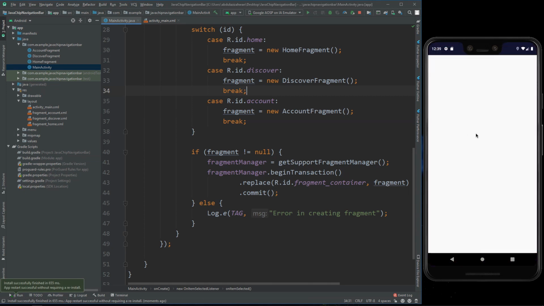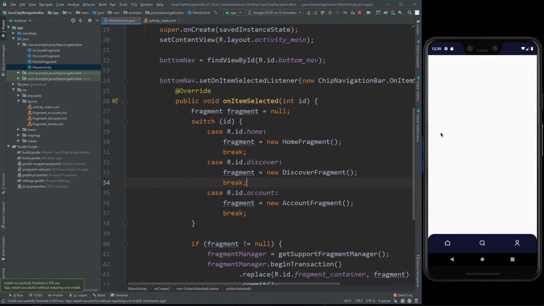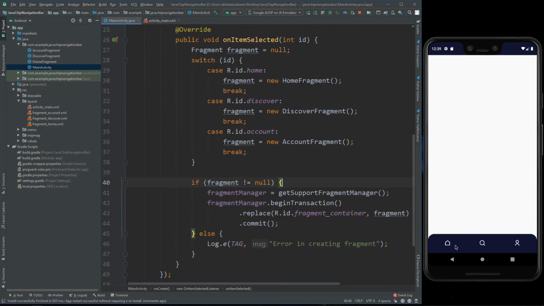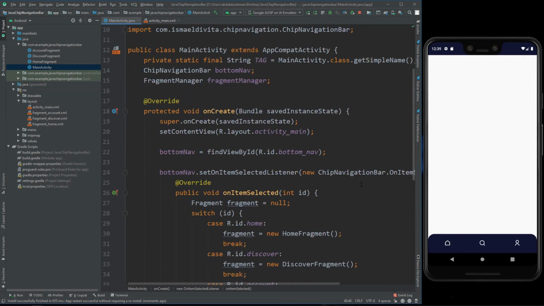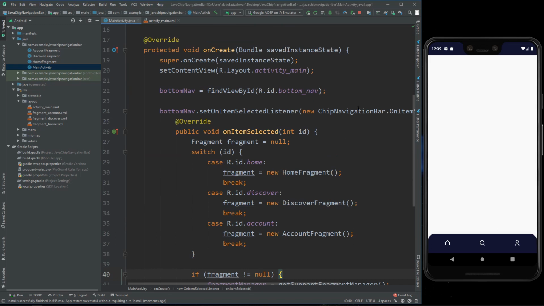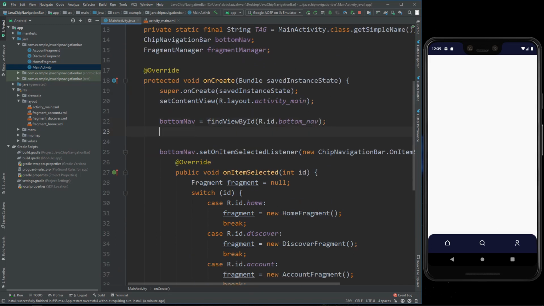So in the first time of our app, we see a blank screen or something like a white screen. Wow, what's happening? I don't know, but no item is selected here. So from the documentation, to fix this, we need to say here.